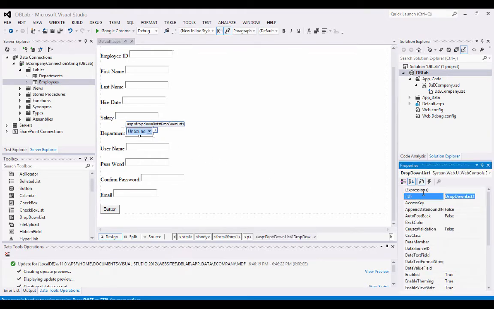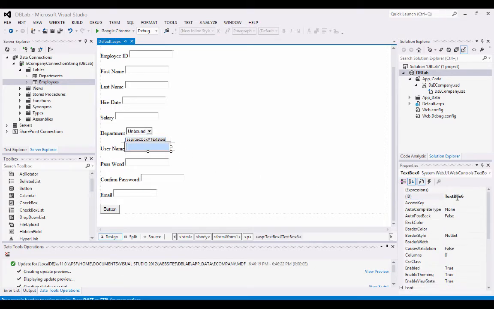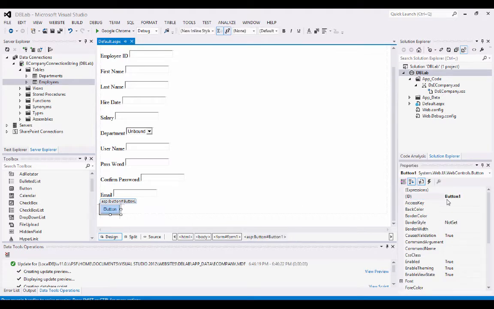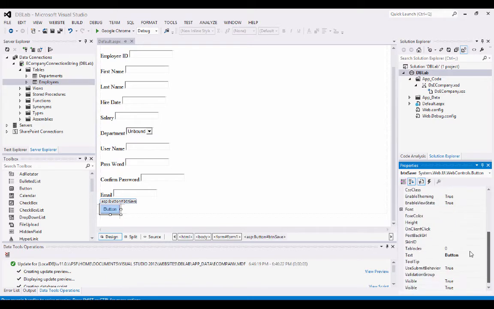And for this drop down, let's create it as ddlDepartment, and username is txtUname, and password is txtPassword, and confirm password is again txtConfirmPassword, and for the email is txtEmail. And for the button, I'm going to give the name as btnSave, and the text for this button I'm going to change it as